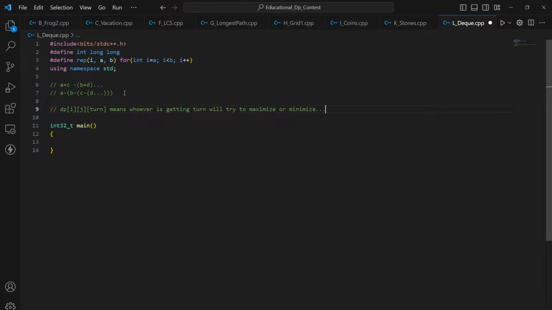First I'll write, then you'll understand. DP of i, j, 1 is equal to the maximum of taking the ith value plus DP of i plus 1, j, 0. Don't actually focus on this, I'm showing it just as the basic approach. DP of i, j, 0 is equal to the minimum of